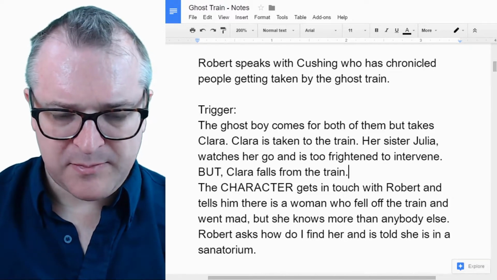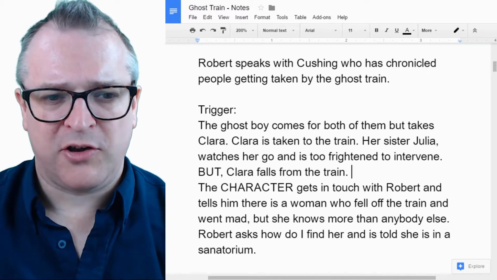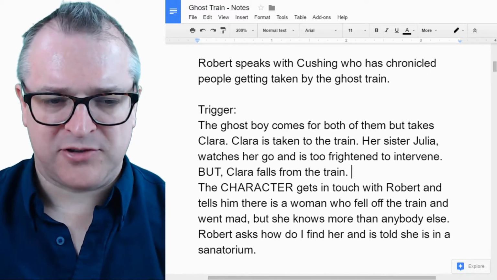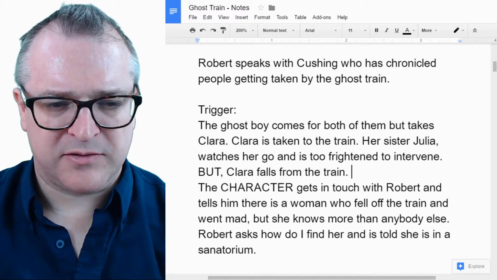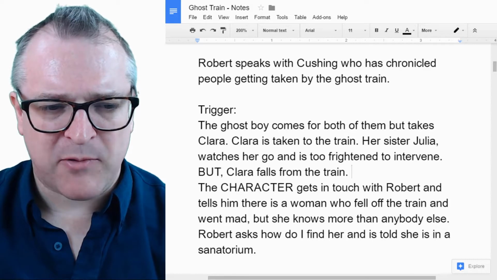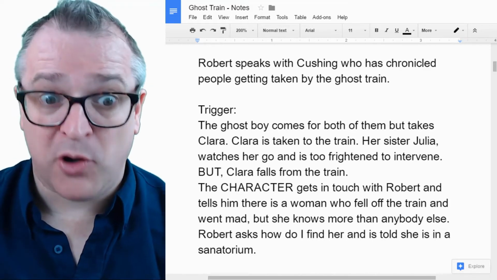Now, because this is a simple action scene and it doesn't really impact on the rest of the story, I'm okay leaving that one blank. We'll figure out a way to find some action that would show that, but we don't need to nail it down now. It's okay to leave that one. It's more important that we just get the whole story out. That's the important thing. Get it out.